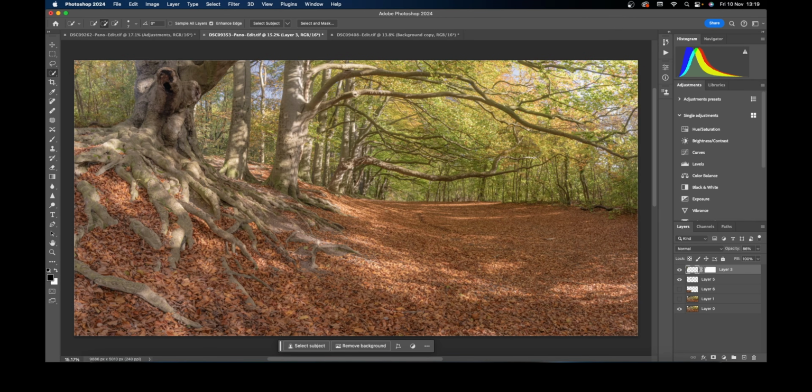Now I had envisaged this image to be a lot more of a letterbox image than is currently showing here. So I wanted to crop a little bit off the bottom, but to do that I need to remove this log or this exposed root here, and also some of this exposed root here, because I don't want to be cropping across the bottom and then leaving something going out of the scene. So that was the next job, just use a little bit of content aware fill just to remove these bits